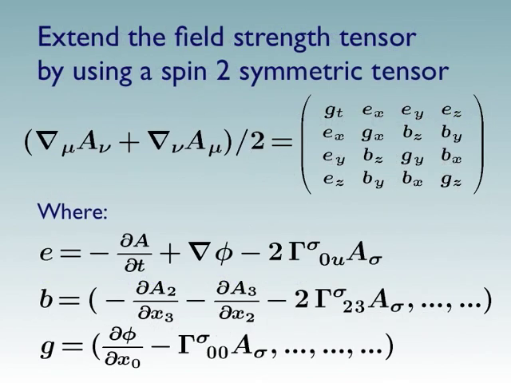Now I want to extend the notion of a field strength tensor by using a symmetric tensor. It's rank 2, and I think it will be a place where a spin 2 field can live, and spin 2 fields indicate that you have like charges attracting, so it's kind of already implying that maybe this might deal with gravity. So if we just write out what the symmetric product is,